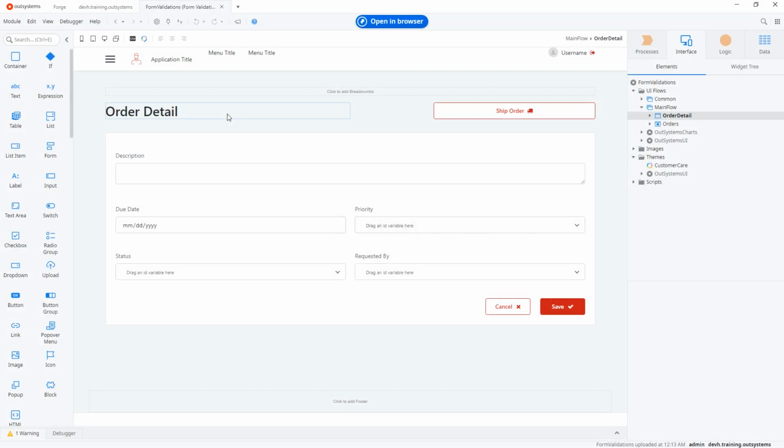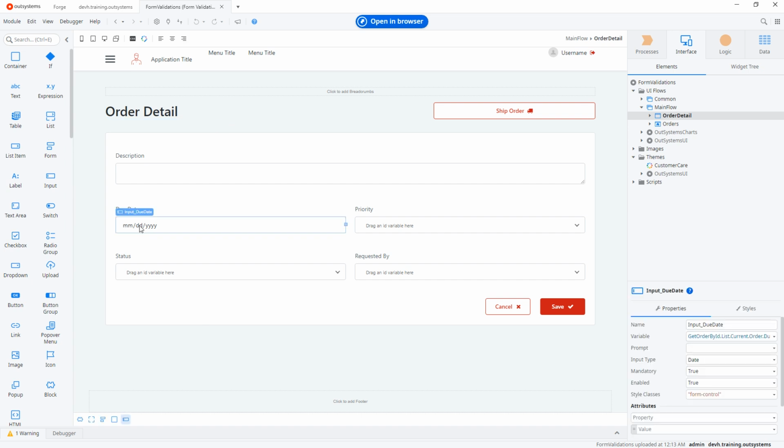In this demo, we will see how built-in form validations of input fields work in OutSystems. In this module, we already have the order detail screen, with a form containing input fields related to an order. If we select the due date input field, we can see on its properties the input type of the field